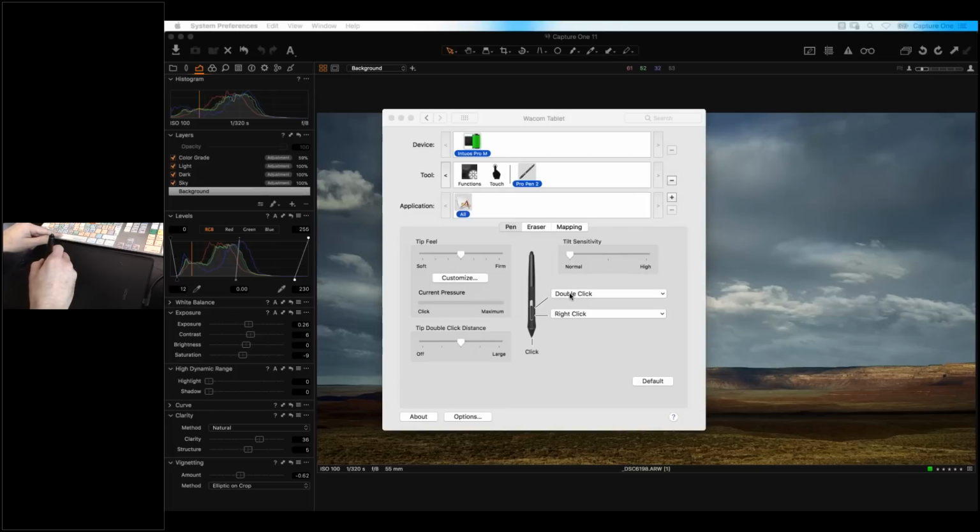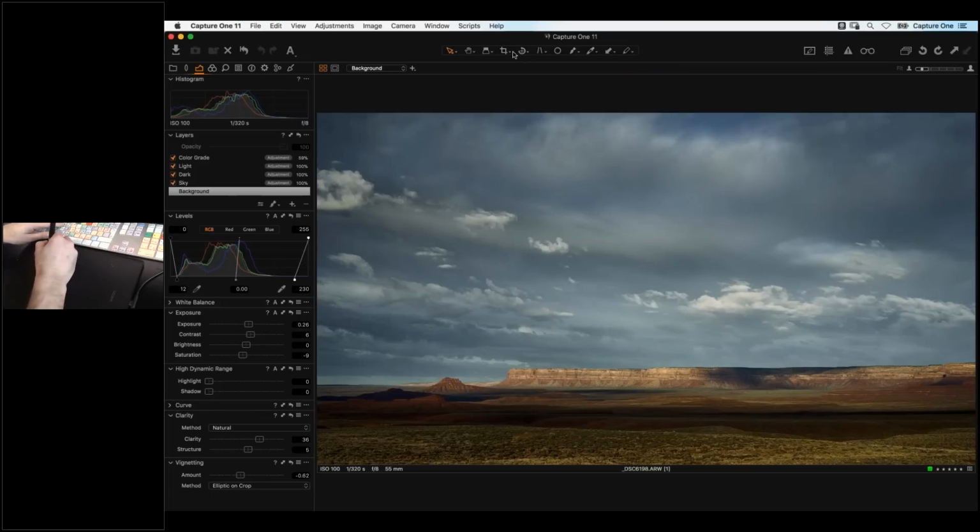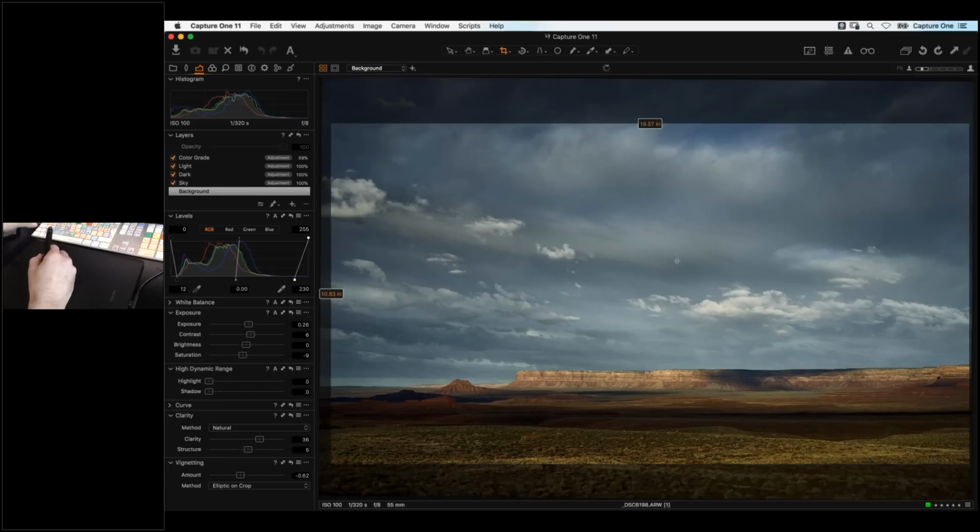Now, I don't find right click and double click particularly useful because of the way I work. Ergonomically, and a few people asked about ergonomics this morning, how do I position everything? I have everything very much in front of me. So I have a Wacom tablet, Capture One keyboard, monitor in front of me, as you saw a little while ago, and my left hand stays here on the keyboard, so I can do all the keyboard shortcuts, and I have my pen in the right hand. So if I want to right click, for example, in Capture One, then I simply use my control key and right click. So I don't use any of the buttons,